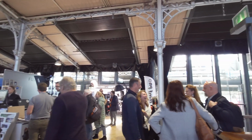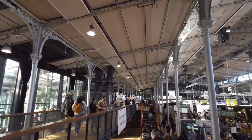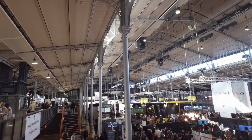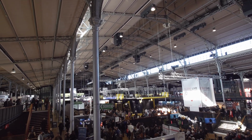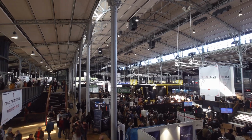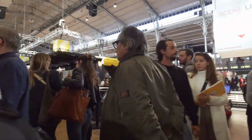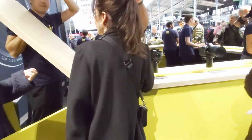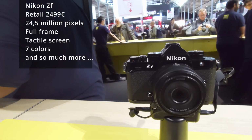Here on the mezzanine you can see Epson, we have Fuji also showing their professional printing solutions. At the very back you have Kodak, still on the mezzanine on the left hand side, and then you have Nikon and Tamron just behind Nikon, and then you have Fuji also way behind Tamron. So we're just going to quickly go now and start seeing the different camera manufacturers, and let's get started with